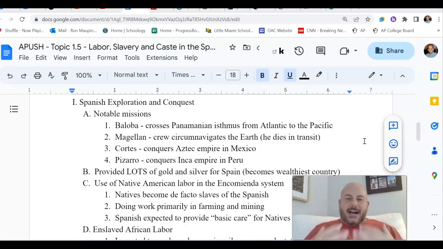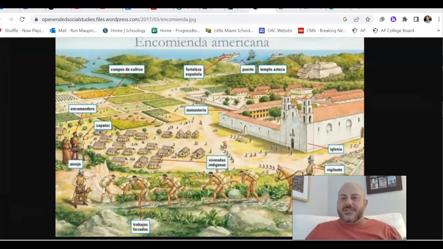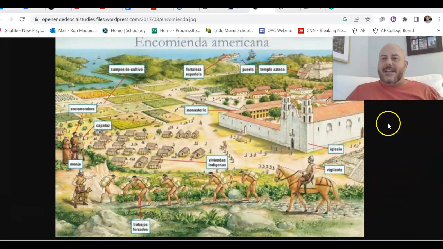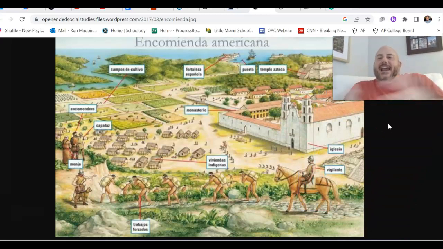Once the Spanish conquer the Western Hemisphere, they will begin to set up communities. They will begin to set up land holdings in the Western Hemisphere that are going to be heavily influenced by what had been the standard for about 1,000 years prior to the age of exploration, and that was feudalism. Now, in the Western Hemisphere, this system is going to be known as the Encomienda system. Like I said, from the vestiges of feudalism, it was based on the idea that there are basically lords and peasants, for lack of a better set of phrases.